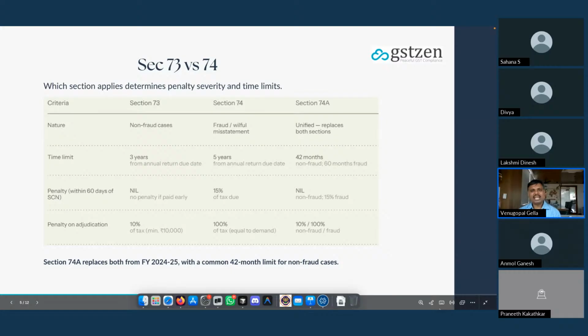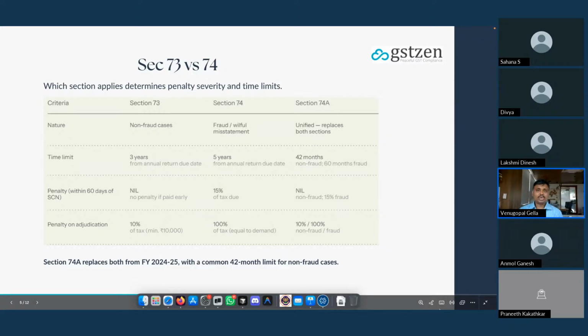The order under section 73 has to be issued within 3 years, and the order under section 74 has to be issued within 5 years. However, a demand order is like finality, it concludes the liability. Before that order, there is a notice that is to come.